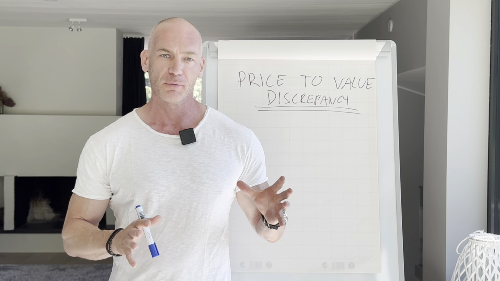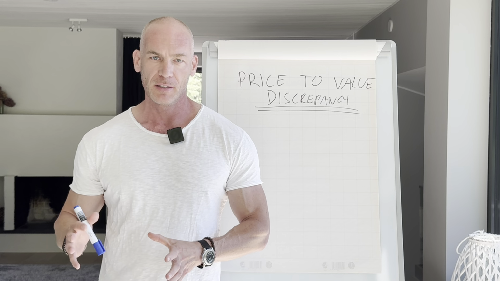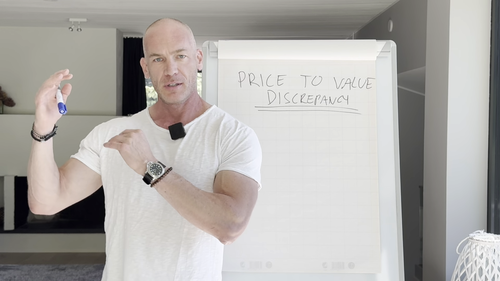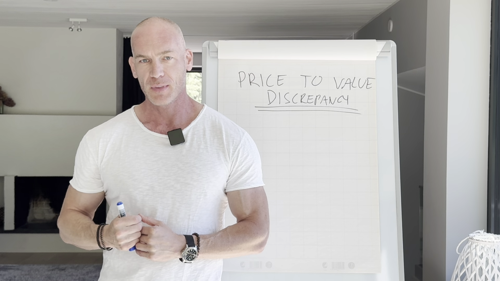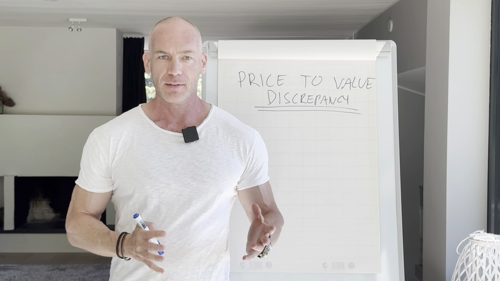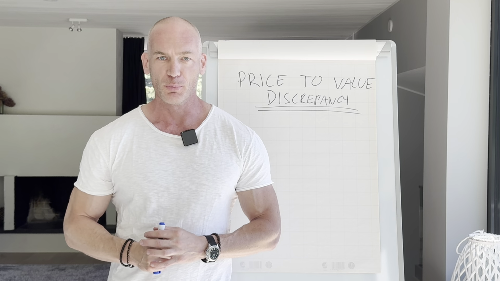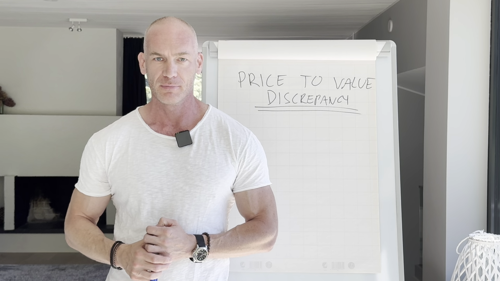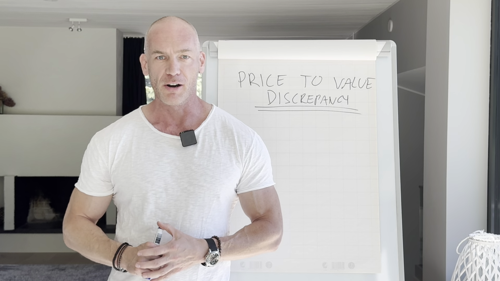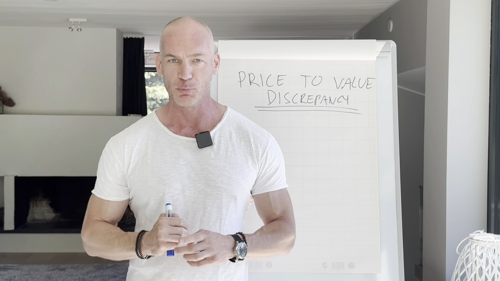Today, let's look at price to value discrepancy and compare that to the product categories that we are used to in consumer business. In my intro, I mentioned that it's possible to increase price but see your demand go up at the same time. In which scenario? How? When? Let me explain.